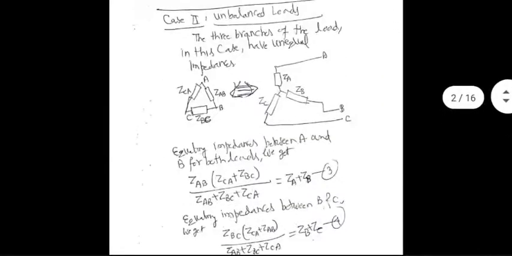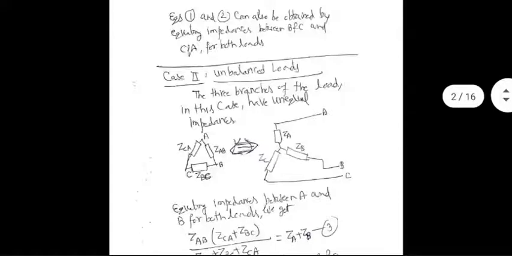So ZAB, ZBC, ZCA will be given to you. Using the correct equations, you figure out ZA, ZB, ZC. In general, everything is possibly a complex number. ZCA will be a complex number, ZAB, ZBC, same thing. And the results also, ZA, ZB, ZC will in general be all complex numbers.